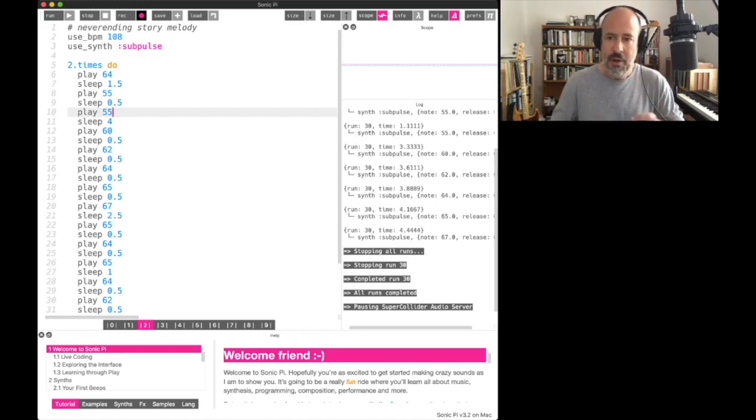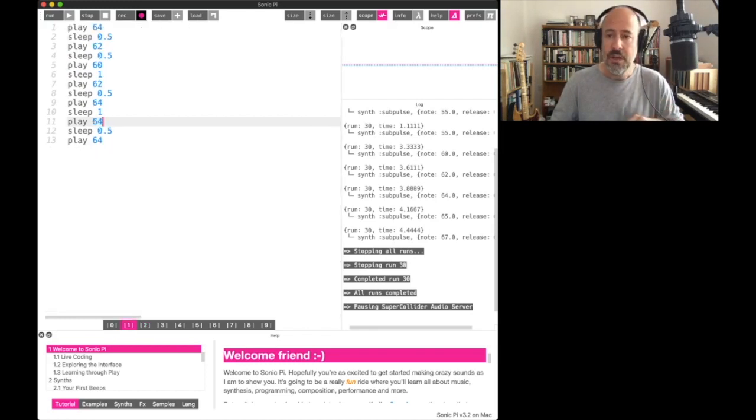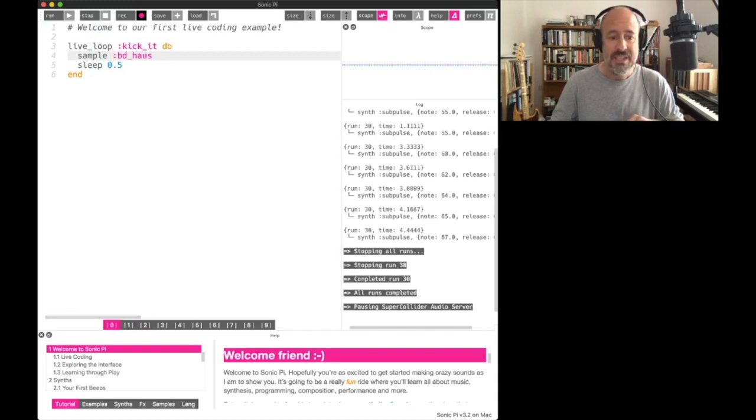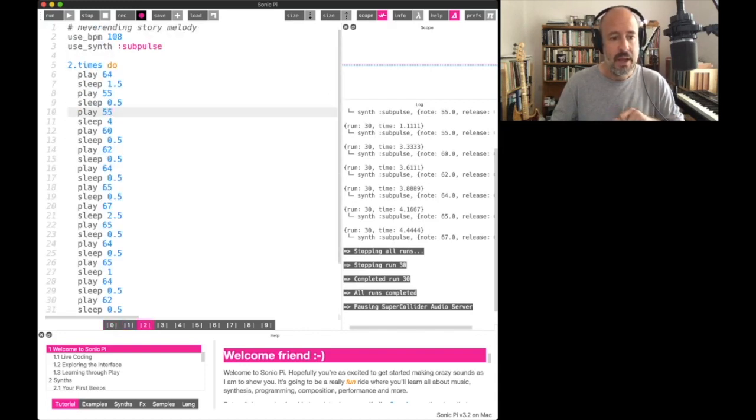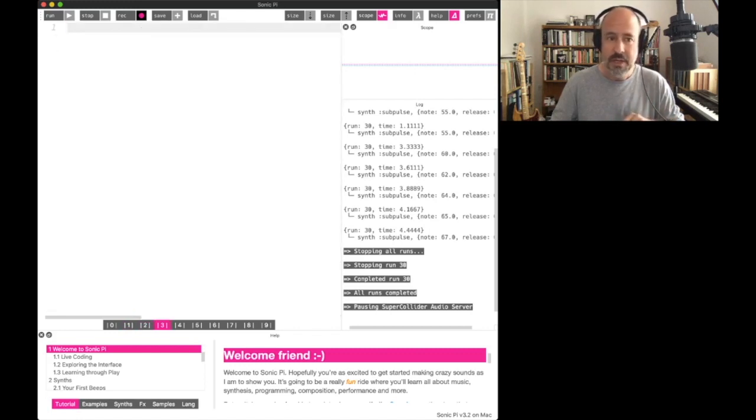So I'm just going to show you how that works by going into a fresh buffer. So you remember last video we talked about these numbers at the bottom of your screen of the big window here. You see 0, 1, 2, and so on. So right now I'm in buffer 2, and you'll notice the code that I wrote from the previous video is still in these first couple of buffers. And there's what we've been working on here with Never Ending Story. I'm just going to go into buffer 3 and play around with some samples and see if I can find something that I like. So I've got a fresh buffer here in buffer 3,